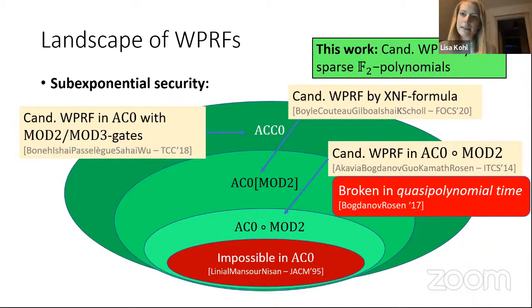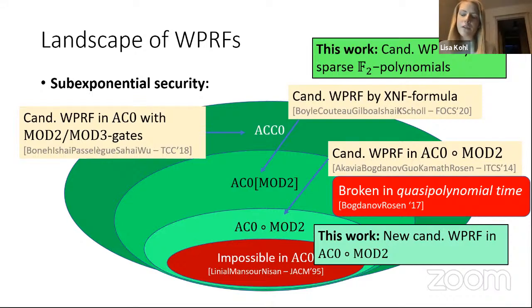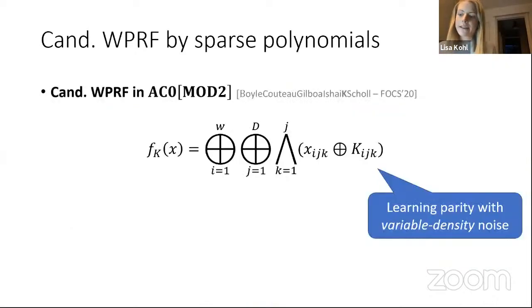Further, in AC0 on top of parities, a previous construction of a weak pseudorandom function was later shown to be broken in quasi-polynomial time by a so-called algebraic attack. What we also do in this work is, in some sense, fix the attack and fix the candidate, and bring forward a new candidate that is currently the only one we know of that we can conjecture to have sub-exponential security. To give a very brief overview of how our candidates look: